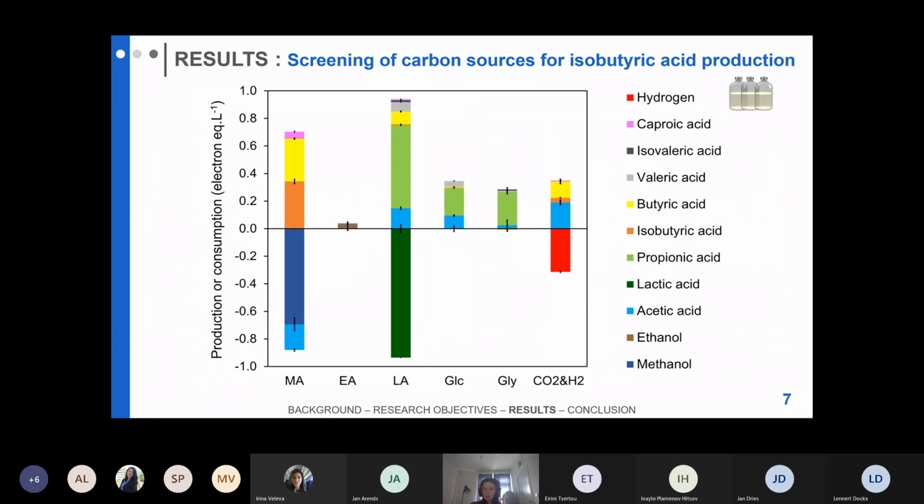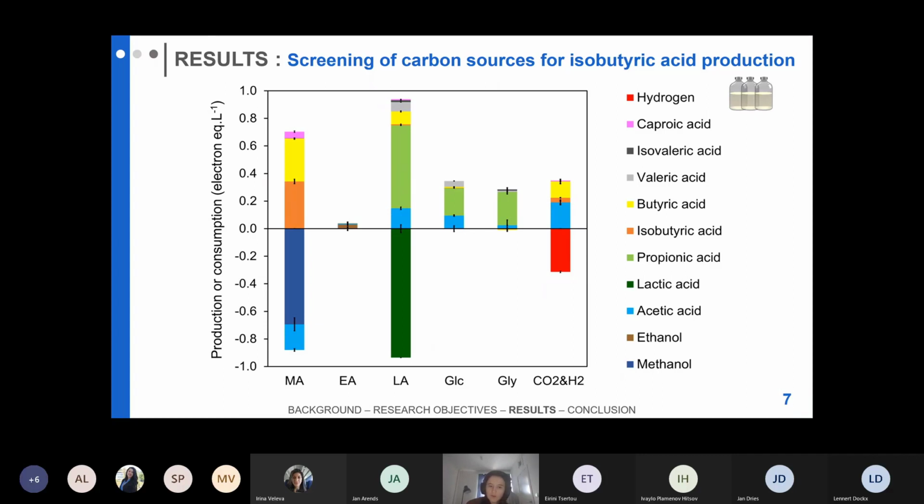So we ordered the wild type, grew it on methanol and acetate, but we also wanted to screen different carbon sources to see if it was able to produce isobutyric acid on the other carbon sources. In these results, you can clearly see that it did produce isobutyric acid also when growing on methanol and acetate. Interestingly, it showed isobutyric acid production on CO2 and hydrogen as well, which we were kind of expecting